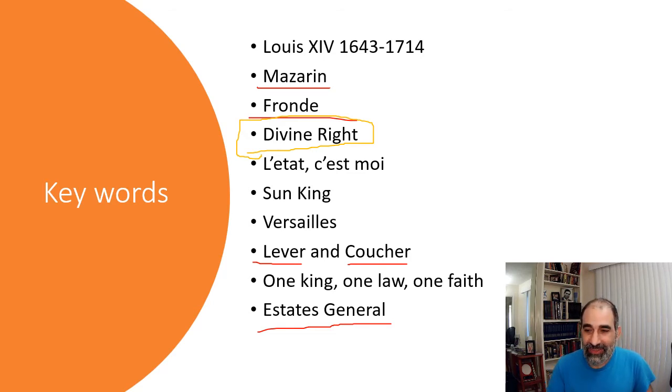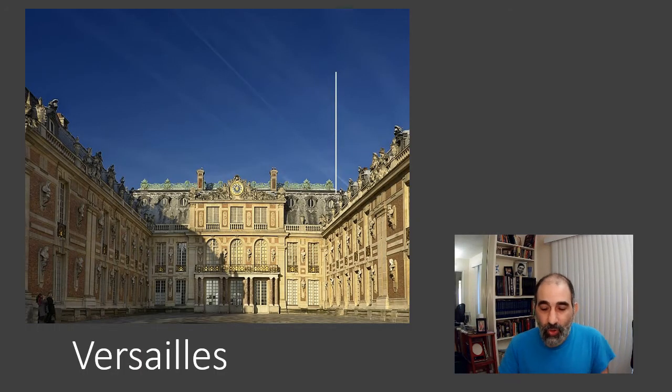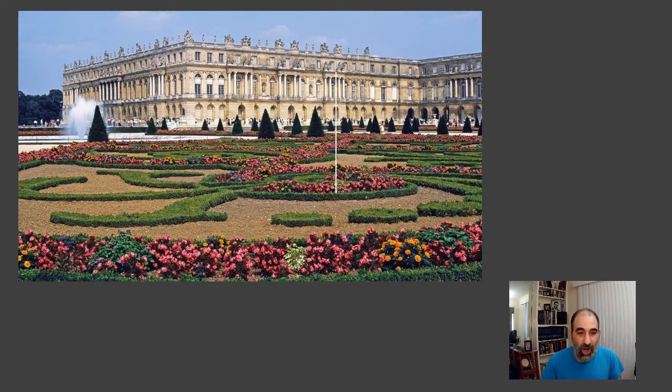And let me show you some images of Versailles too. As hopefully you got all these keywords down by now. But just to show you some images to show you what I'm talking about in terms of his strength. So this is just a courtyard of Versailles. So that's one particular image we have. Here's just one of the gardens that you have there. Just these beautiful, beautiful gardens there.